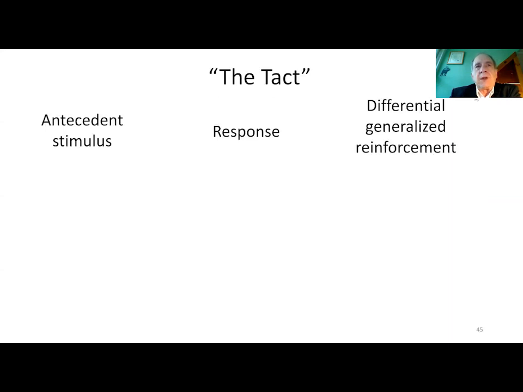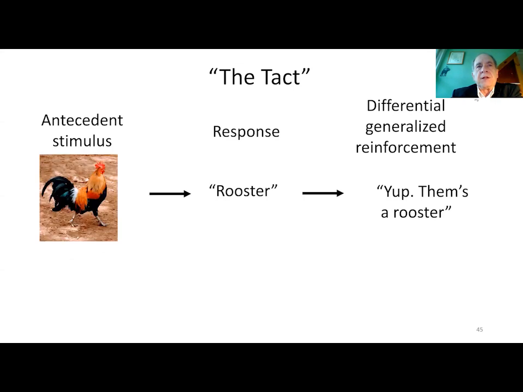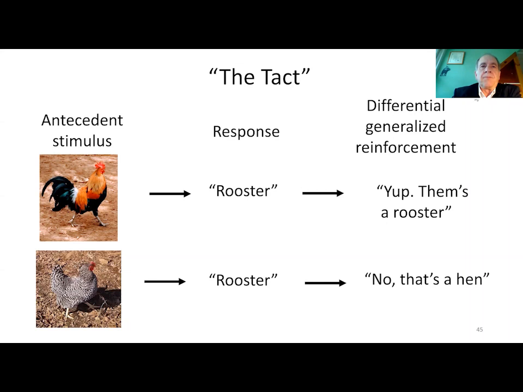The tact, we have an antecedent stimulus of some sort. The response occurs under the control of that antecedent stimulus, and there's differential generalized reinforcement. So in the presence of a rooster, the child says rooster, and we say, yes, that's a rooster, or something equivalent. In the presence of a hen, the child says a rooster, we say, no, that's not a rooster, that's a hen. So the mand and the tact